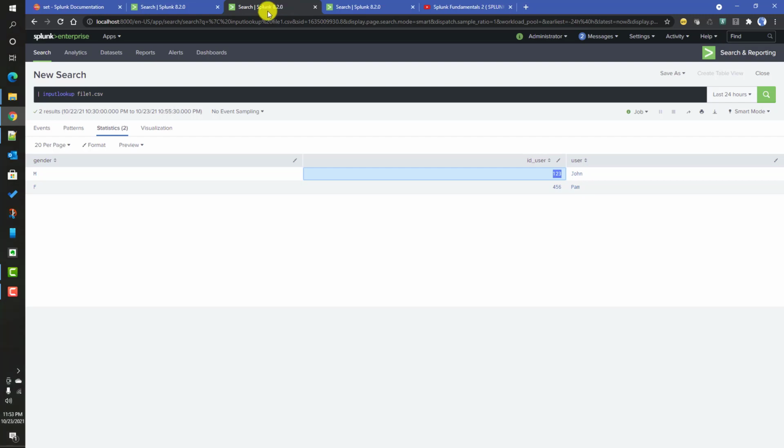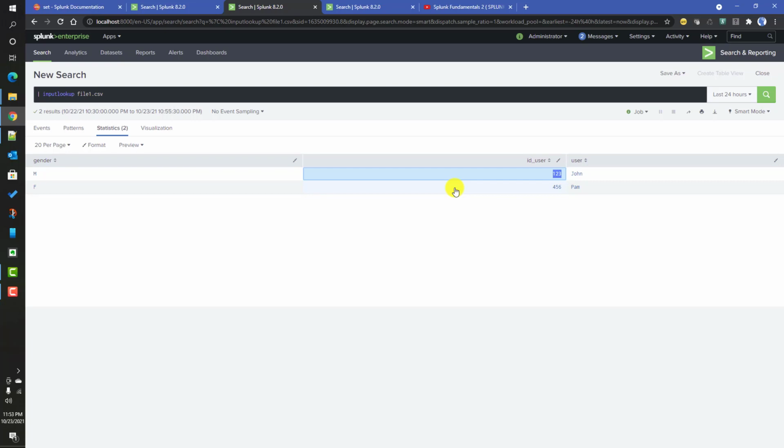What the set command does is check all the different fields, like the user field, the ID underscore user field and the gender field, then check the values of those fields and compare. You need to be very careful when dealing with the underscore raw field.